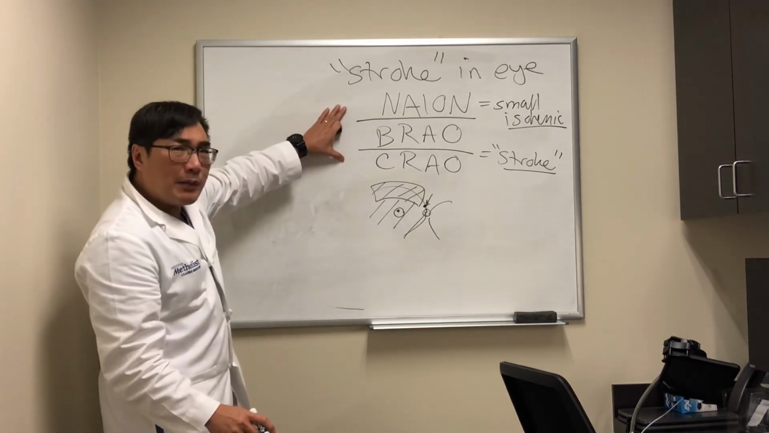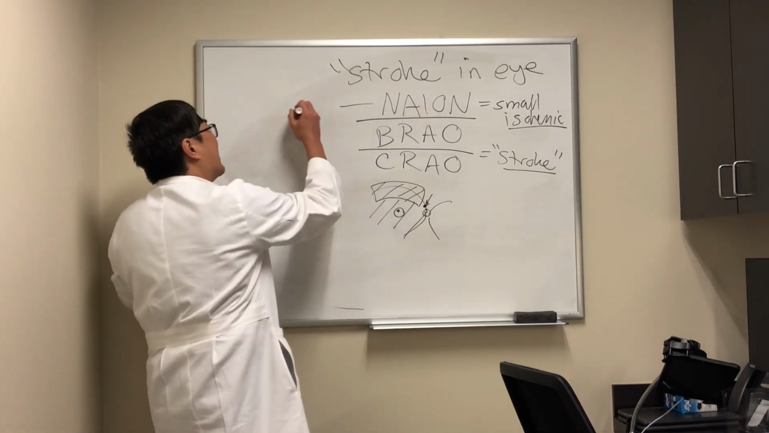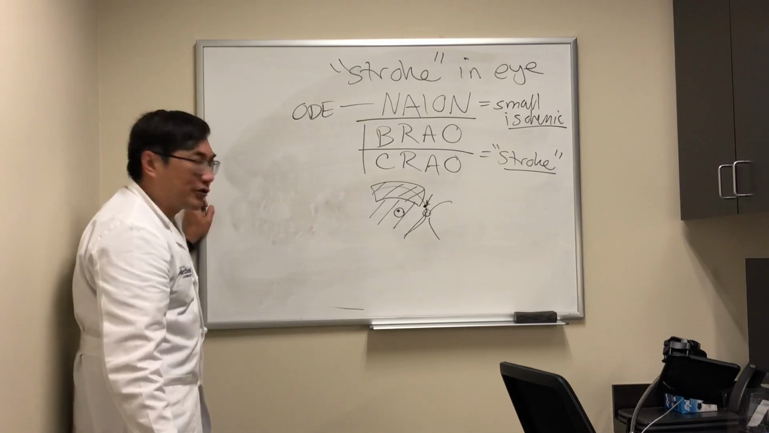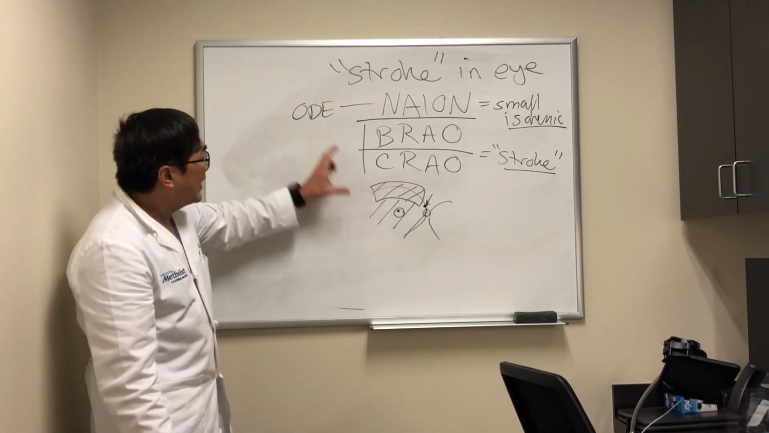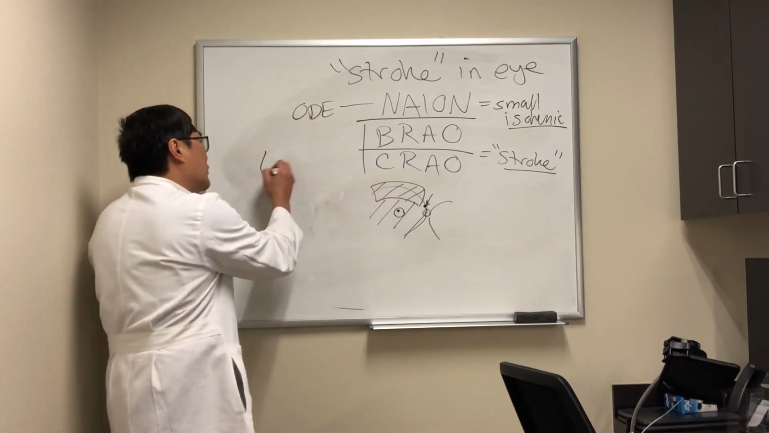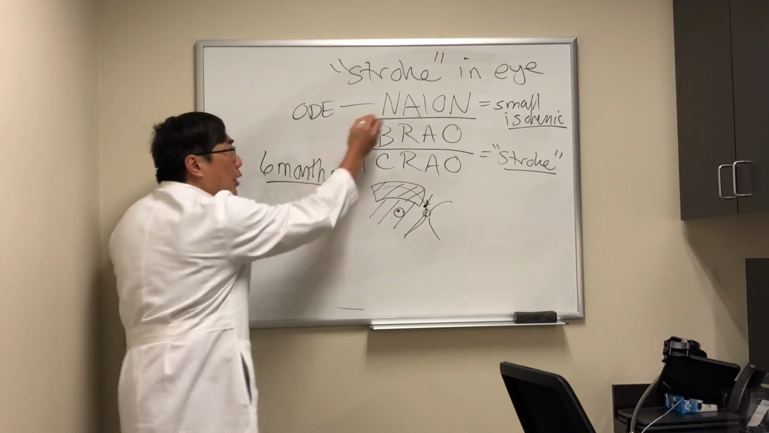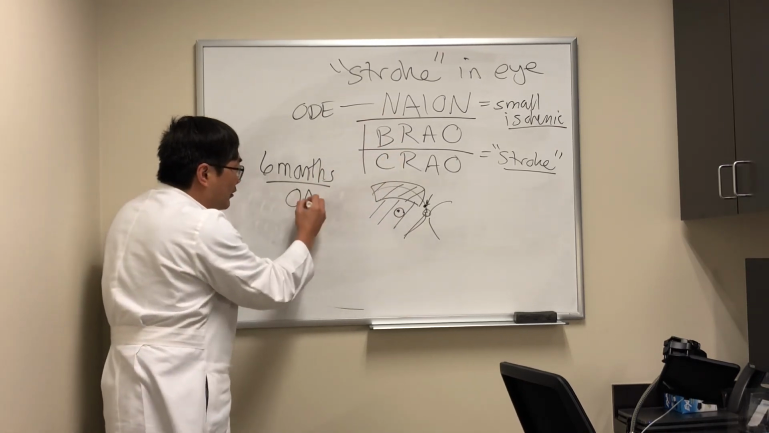Now, with that in mind, the acute phase ones are so easy, right? In NAION, the disc is swollen, sector or diffuse. In branch retinal artery occlusion or central retinal artery occlusion, we see the pale retina and the cherry red spot. The hard one is if it comes to you 6 months later. And if it comes to you 6 months later, both NAION and retinal artery occlusion will both look the same,